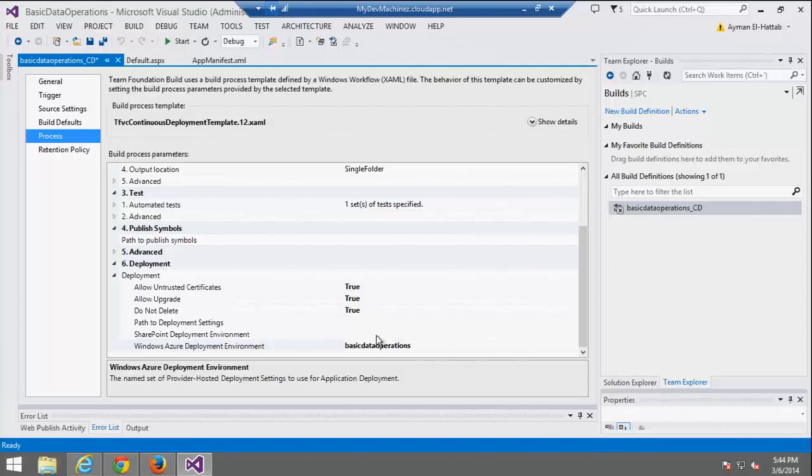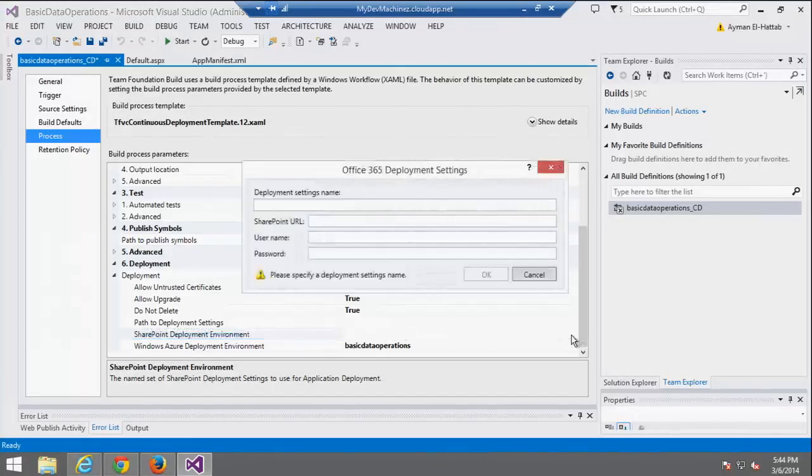But here I need to create a very quick deployment settings file for SharePoint. So I'll give it a name, SPC273. Here's the SharePoint URL, SPC demo.sharepoint.com, and the username.